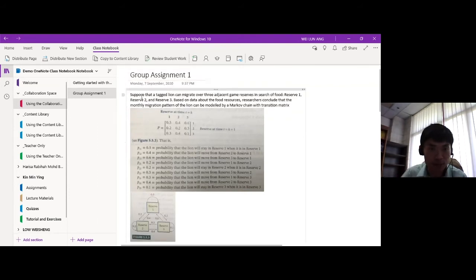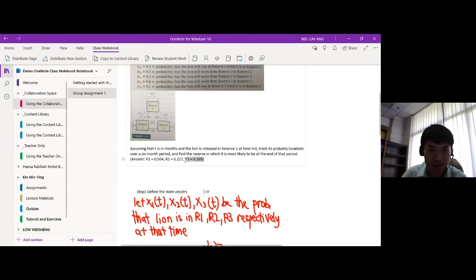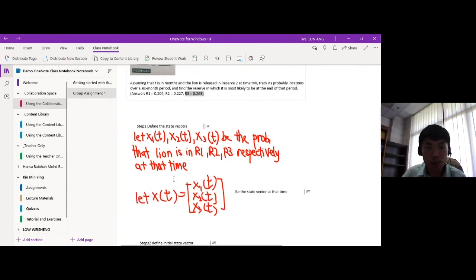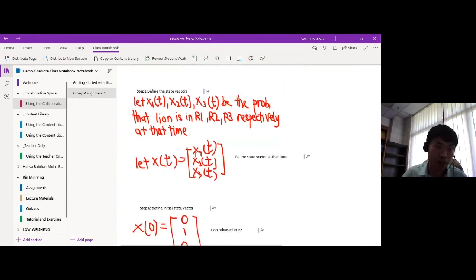So the original question is from here. Suppose that until the last part here, the answer here. So it means that step 1 and step 2 are actually done by the students themselves. They can solve it without stating which one is step 1 and step 2. It depends on how they work together. They can directly give the solutions without stating step 1, step 2, and so on. But it's up to their discussions and how they prefer to solve the questions.